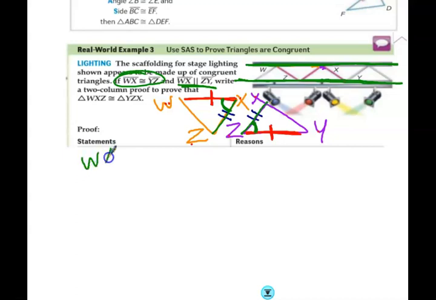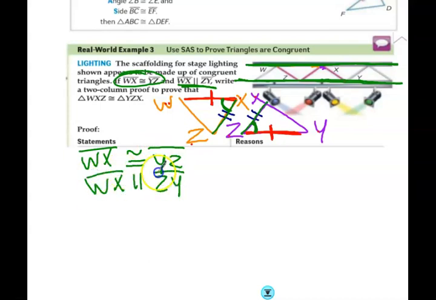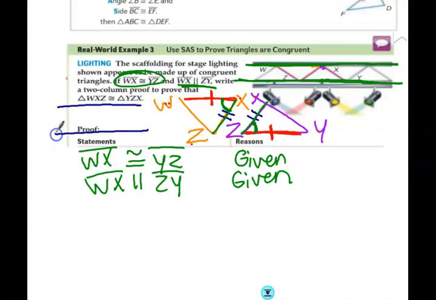So our statements: WX is congruent to YZ, and I have WX is parallel to ZY, and we have our givens here. From there, let's talk about what else we can prove. Because of the parallel lines, let's remind ourselves. If I extended these little triangles right here, these are my parallel lines. So I want to prove that this angle and this angle are congruent